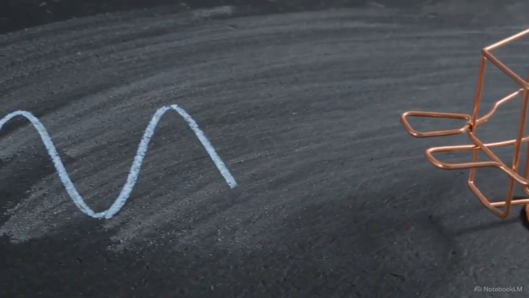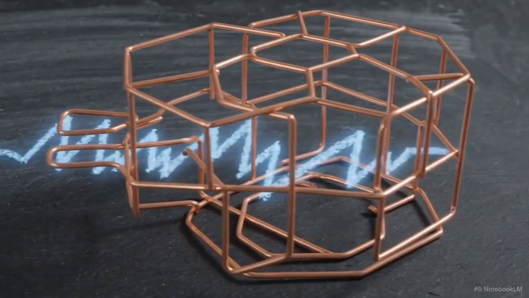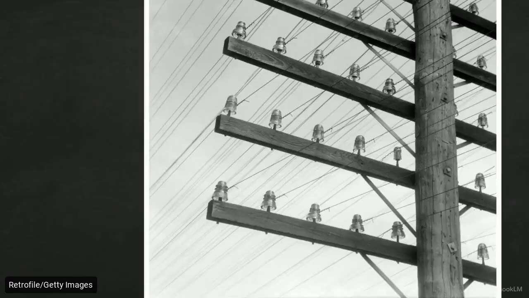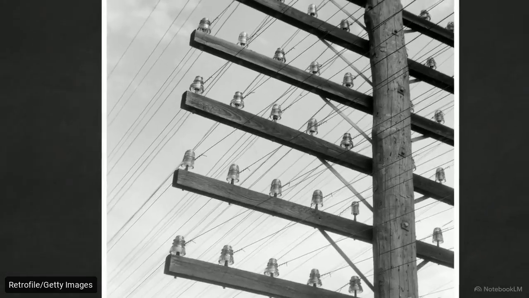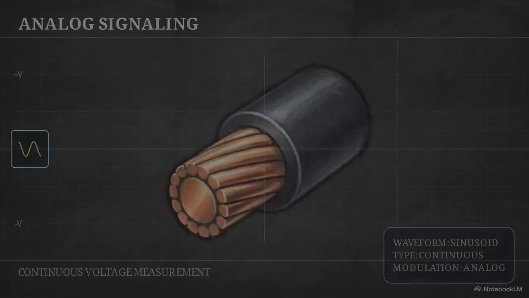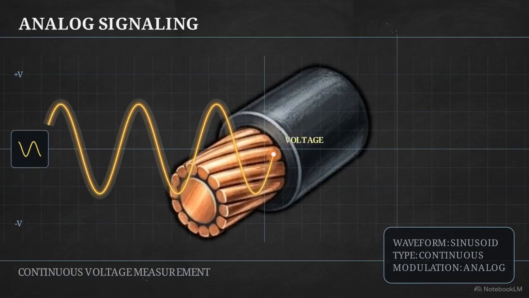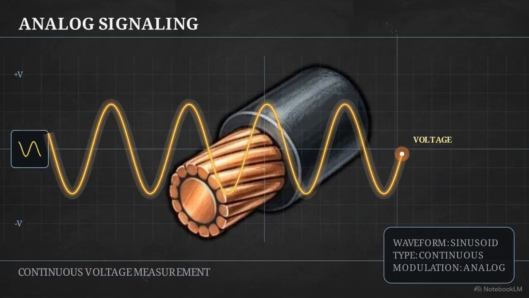When you speak into a phone, your voice doesn't travel through the air to the listener. It is instantly translated into a physical surge of electricity. For decades, early communication networks transmitted this electricity in an analog format. The voltage moving through these copper lines was designed to mirror nature, continuously rising and falling to match the exact